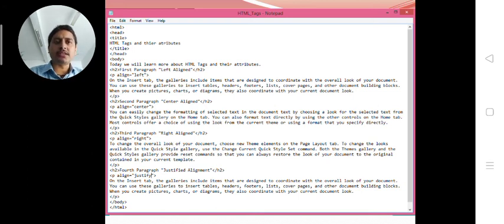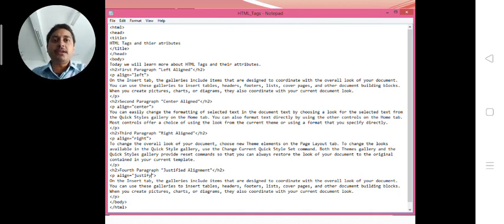You have to pay attention here. Left alignment means the text will look in a proper manner on the left side. All the beginnings of all lines will be uniform from the left side, from the left margin, from your left hand side. And when we are aligning the paragraph in the center, then all the lines will start from the center and they will be equally distributed from the center line. You will be able to realize the differences on the HTML page, that is on the next slide.